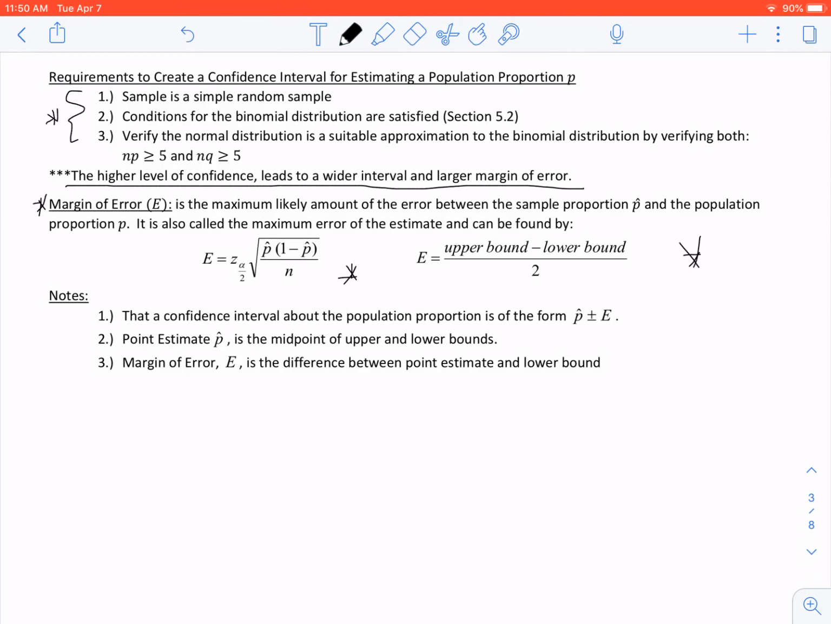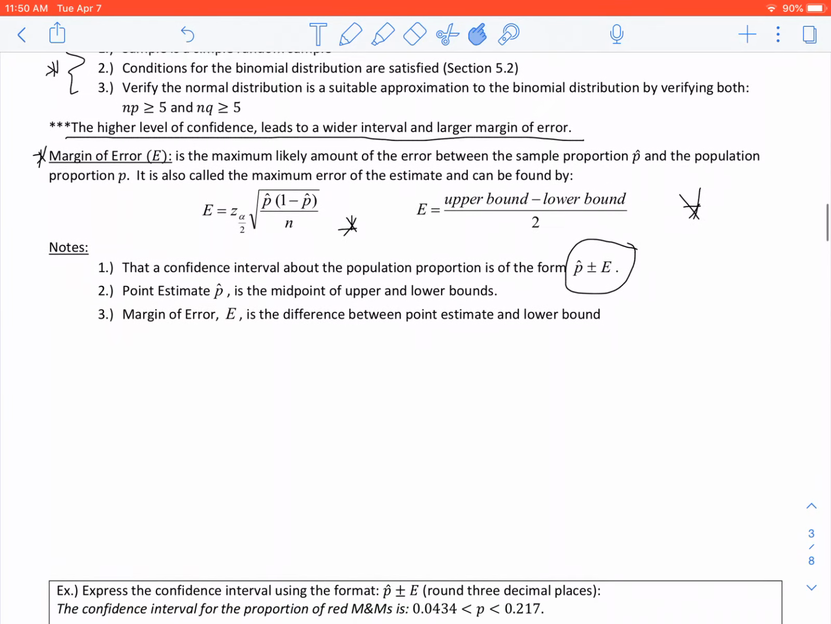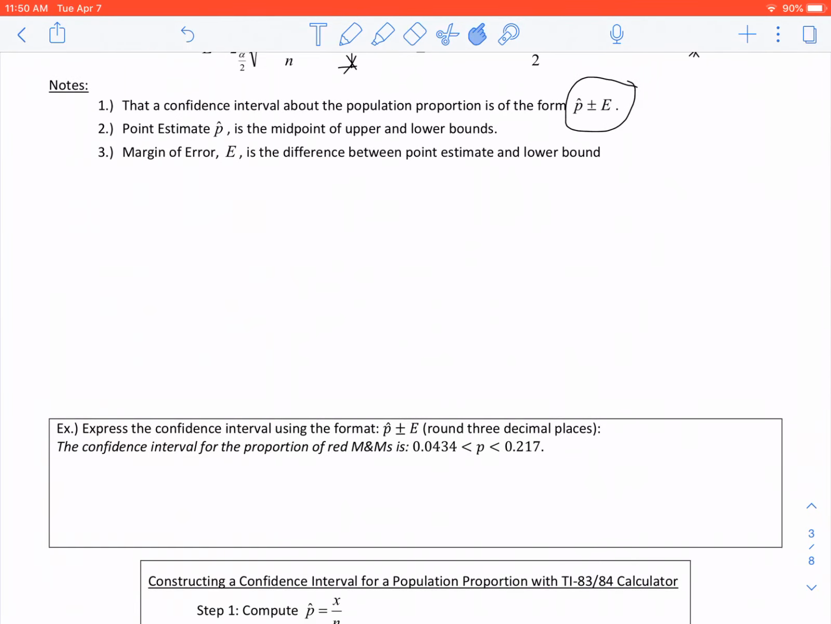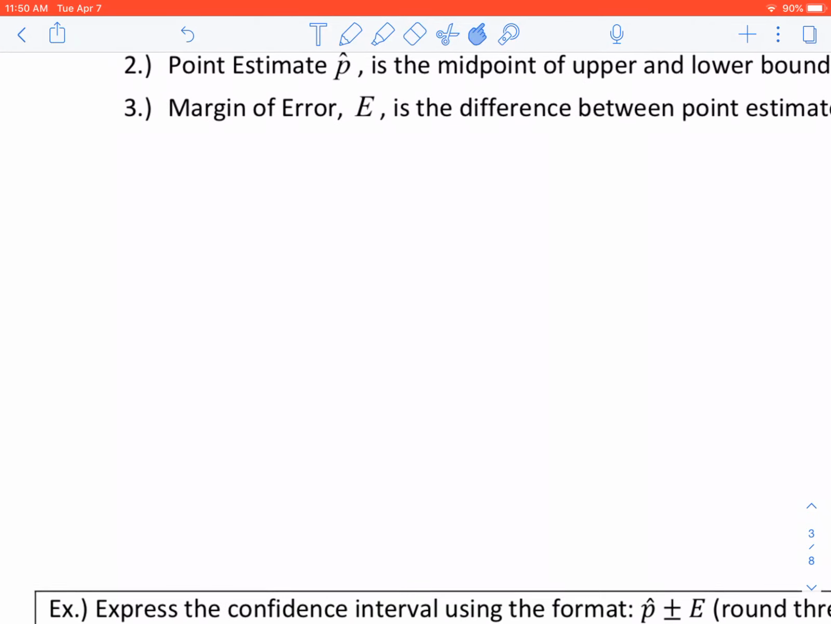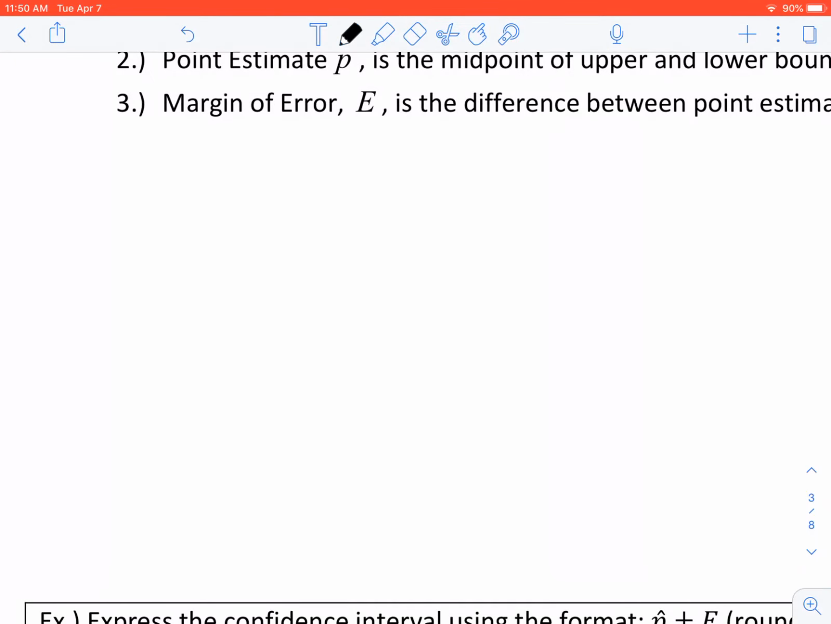First one says the confidence interval about the population proportion is of the form p hat plus or minus E. The point estimate p hat is the midpoint of the upper and the lower bounds, which you see up above in the formula. And the third thing says the margin of error E is the difference between the point estimate and the lower bound. So we're going to go ahead and write down a few formulas down here in the space provided. So the first one is that you have a lower bound,